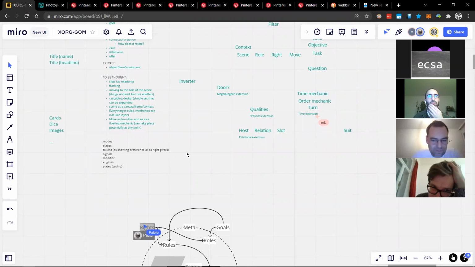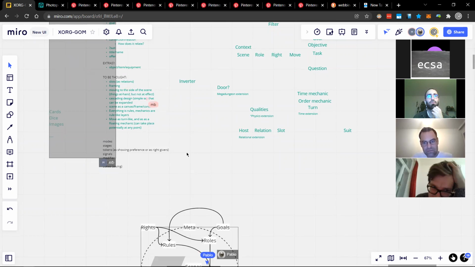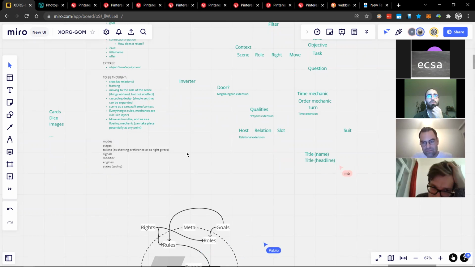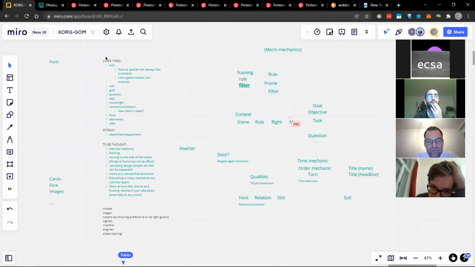But the key thing is that the core of this style of play and this game can be kept very simple, with this filter-like quality and this layer-like easy movement, and then these types. I listed them there as layer types.